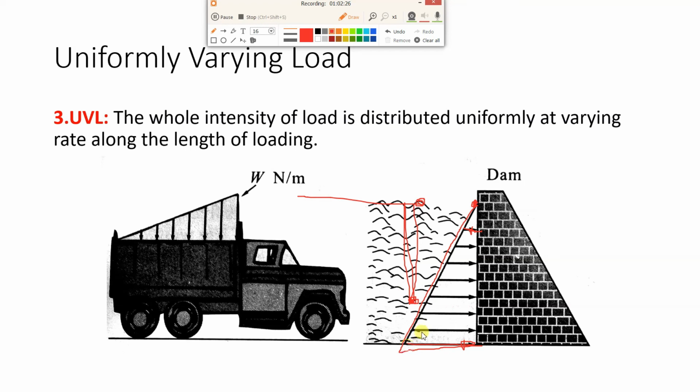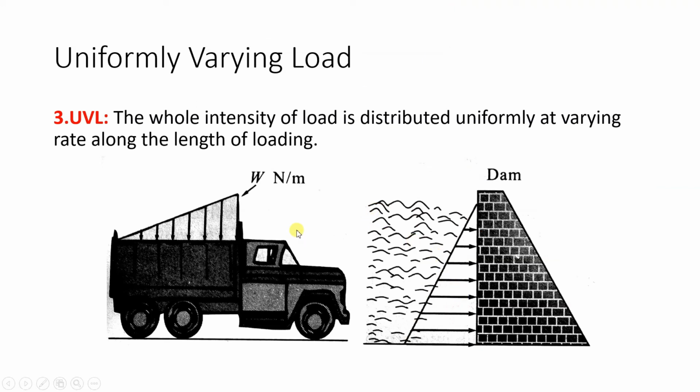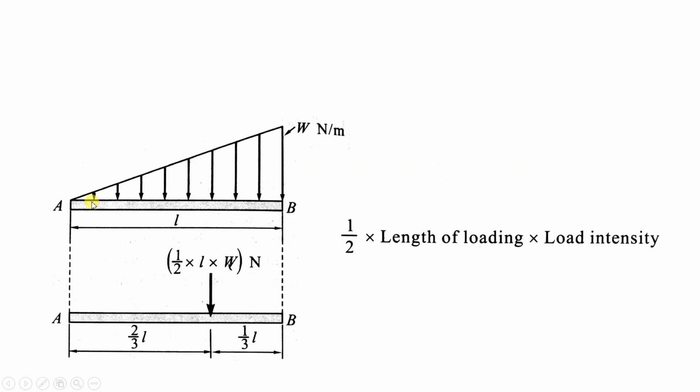So that is why on the bottom side the force value is more, and on the top side it is 0. We are considering atmospheric pressure as 0, and as we go inside, the pressure value increases. What is pressure? Force upon area. So how will you get force? Pressure into area. Now how to determine the intensity of this UVL and calculate the point load, that we will see.